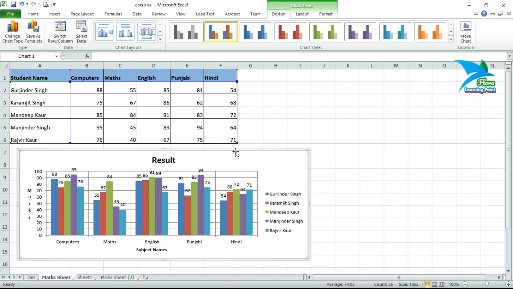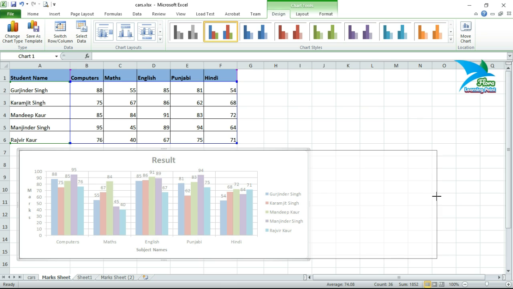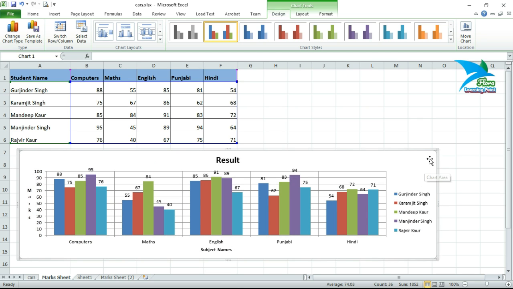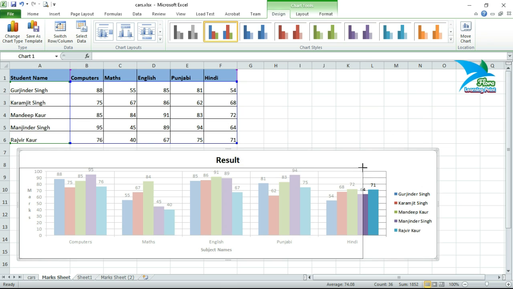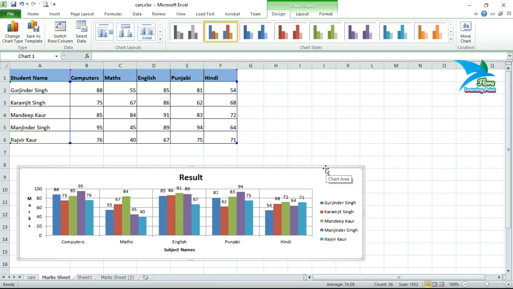Actually, a total of 8 points are here to resize this chart. For example, here we are having one point. When your mouse pointer converts to a double-headed arrow, hold and drag the mouse button, so you will be able to resize the chart. And even from this top right corner, you will be able to resize the chart also.